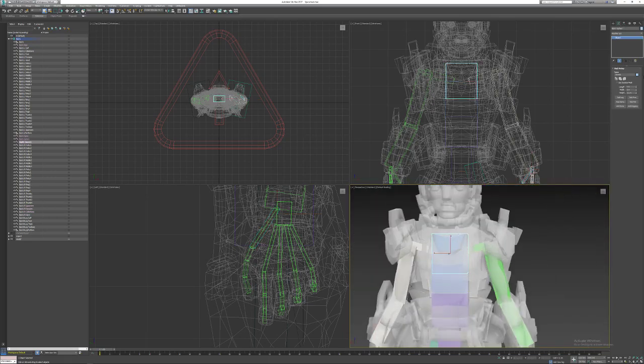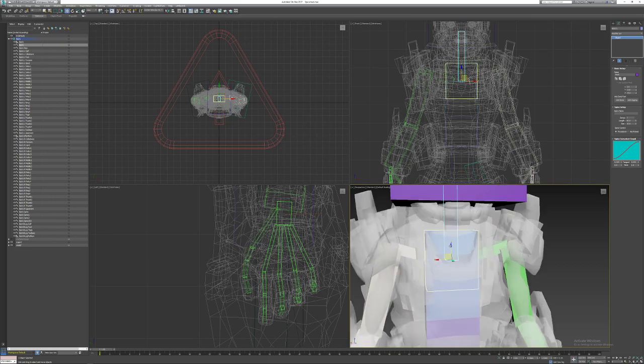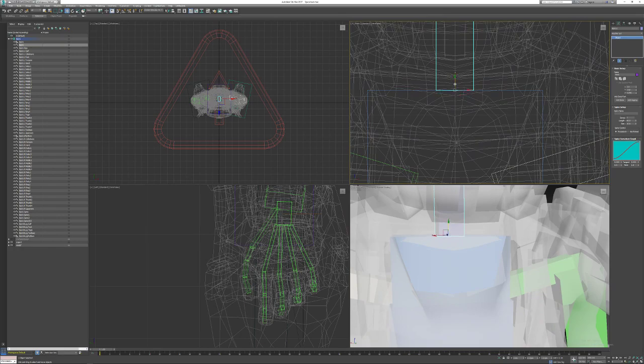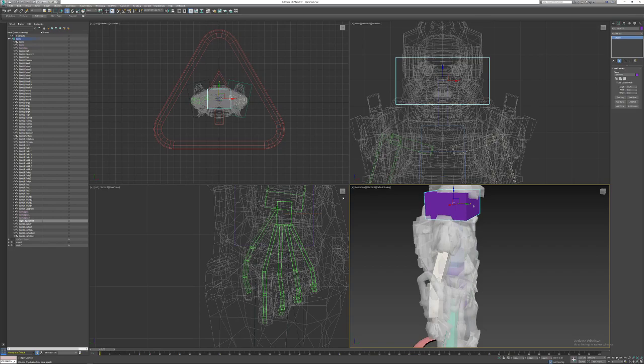So let's see. Back to the hub. We're gonna say add spine, and we're just gonna say number of bones 1, and we're gonna say name neck. And for this, we're just gonna shrink it. Don't need that much for neck. And then again, the neck doesn't bend there, so just bring it up to right about there. And then for the head, so what I do is this character I can actually do